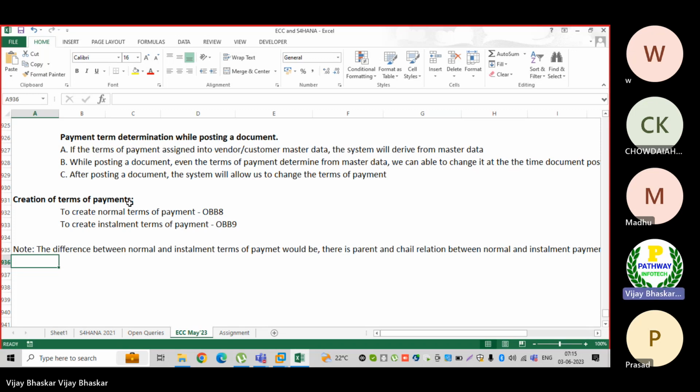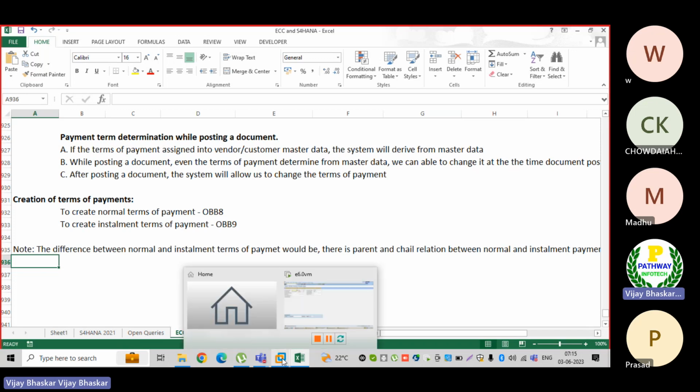There is a small checkbox; if you select that checkbox, then the payment term is applicable for installment terms of payment. Then we'll create one new payment term in the system.